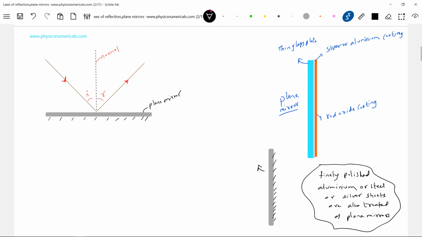This is the silver, or say a surface allowable for reflection. So here I'll produce a normal and let this be the incident ray